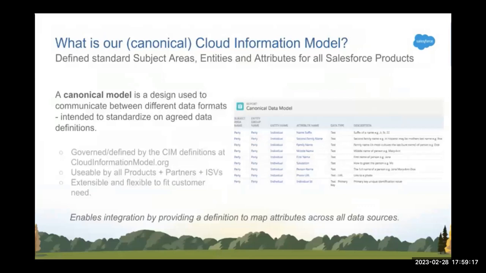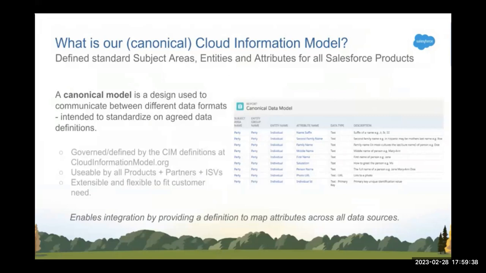So when you look at our cloud information model, it has different entities altogether, one of them being the standard subject area, which is really important. I would like to talk about that in our next slides. What is a standard subject area? What are entities? Nothing but objects, and the attributes within the entity are nothing but your columns